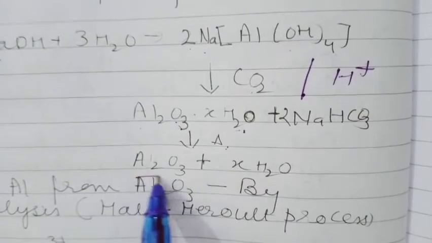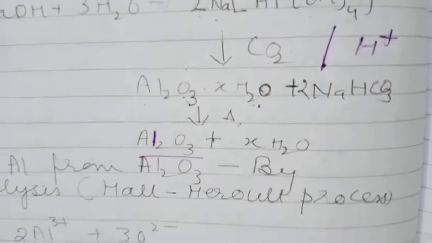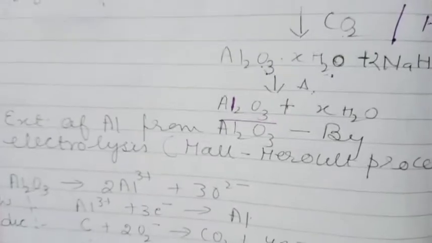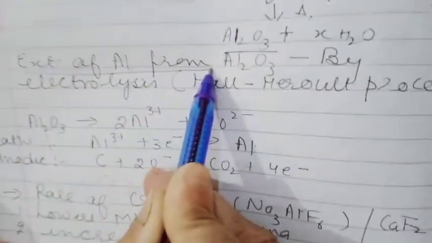get Al2O3, which is called alumina. Now this alumina is free from impurities of SiO2, TiO2, iron oxide. Okay. Now the second method is very important in the case of aluminium, that is extraction of aluminium, reduction of aluminium oxide.